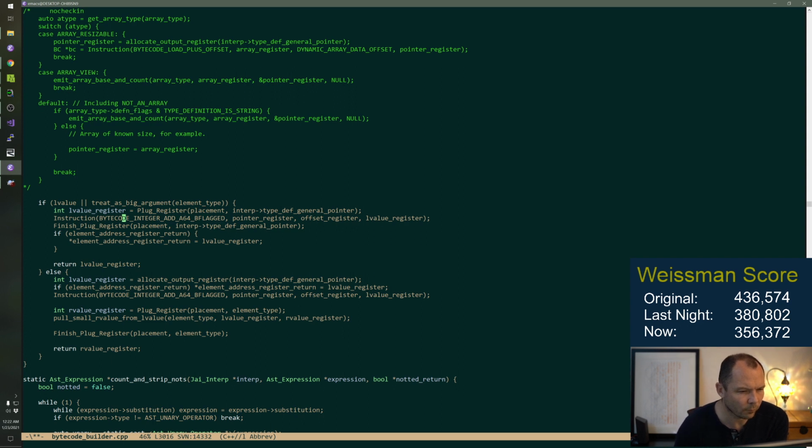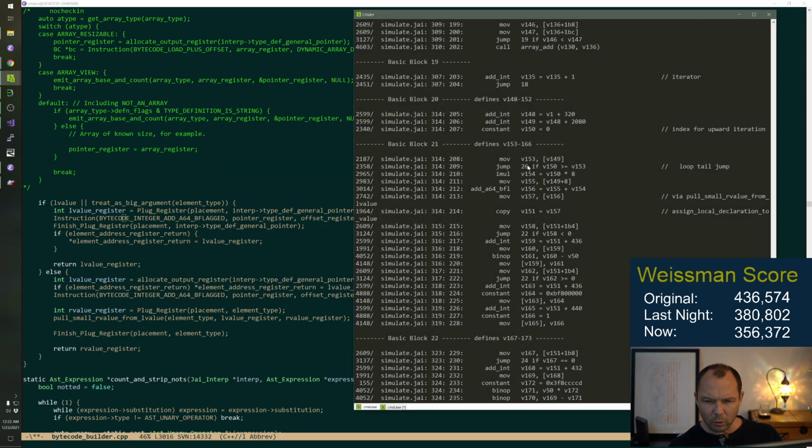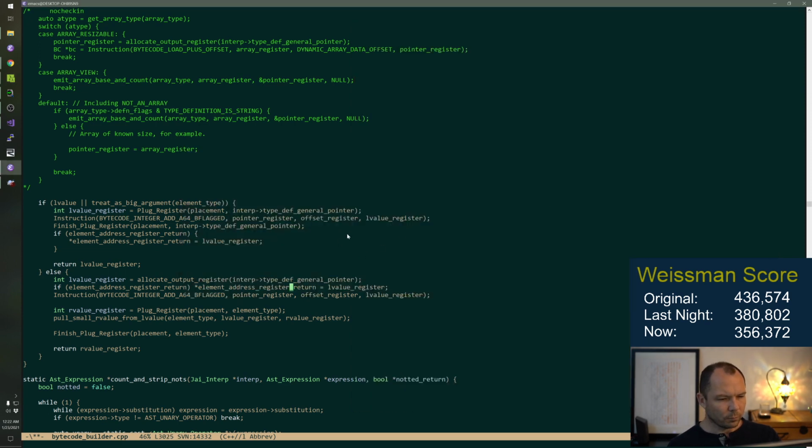Okay. If it's an R value, we do this and pull small R value from L value. And is that what we were looking at? Yeah, probably. So we don't want to do that.